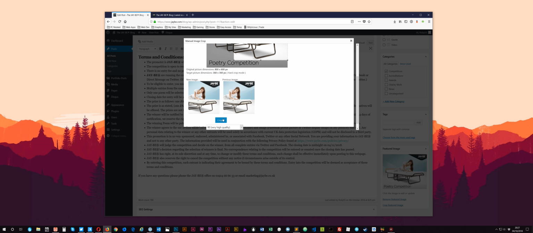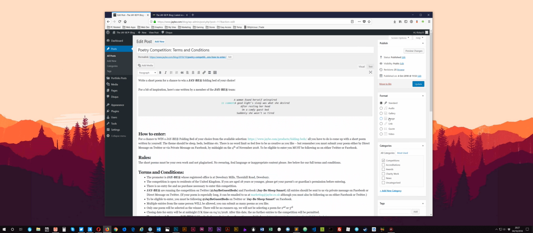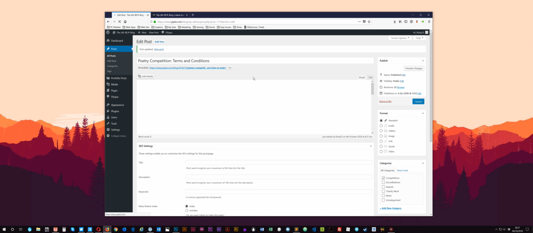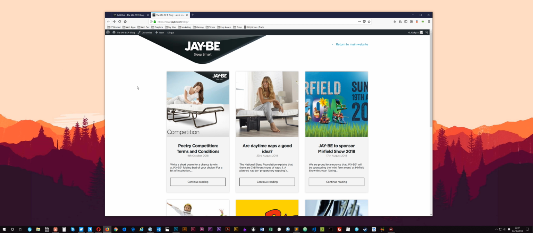Like I said, just bear in mind that this is creating a new image. It's not a problem, but you don't want to use it crazily. Once you've clicked crop it, you can then close this window with the little cross. Then if you just update your post, come back into the front end and refresh, you should see the newly cropped image, which in this instance actually works surprisingly well,